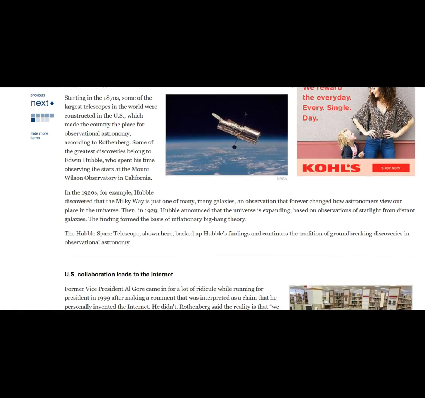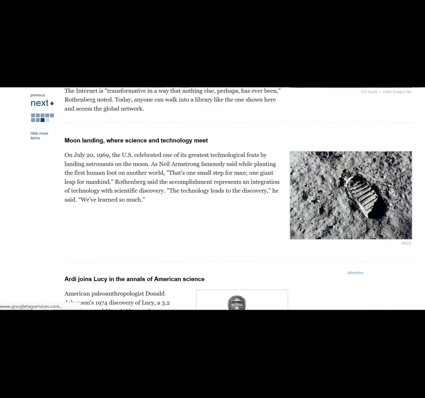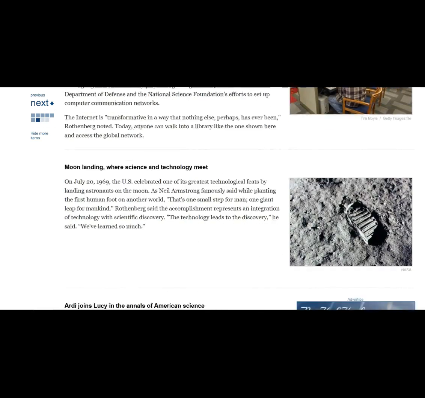What we learned about genetics, how our knowledge of space and even the ability to photograph things in space with the Hubble telescope has changed how we even look at things. The internet that makes this class possible, the landing on the moon,